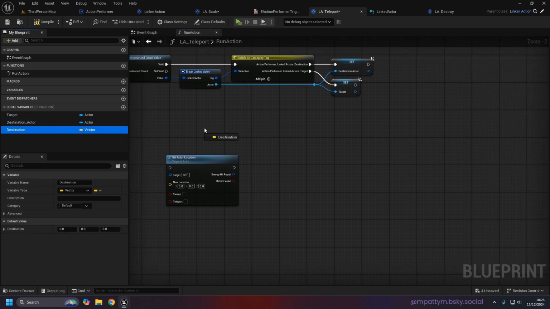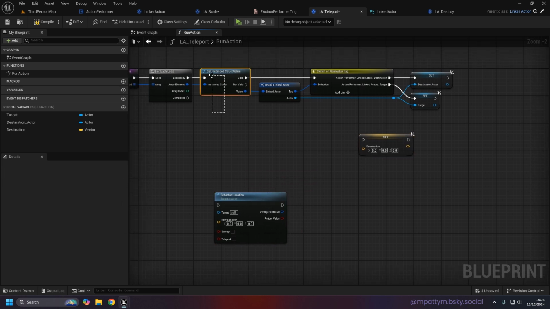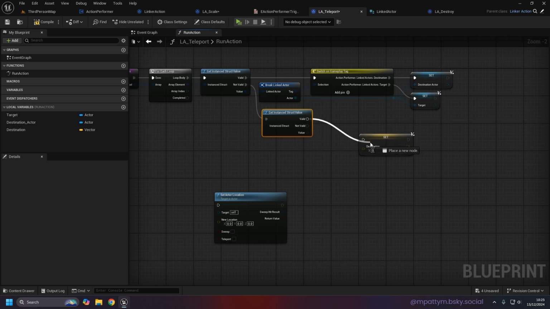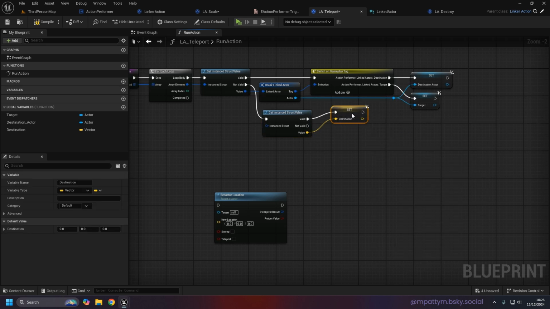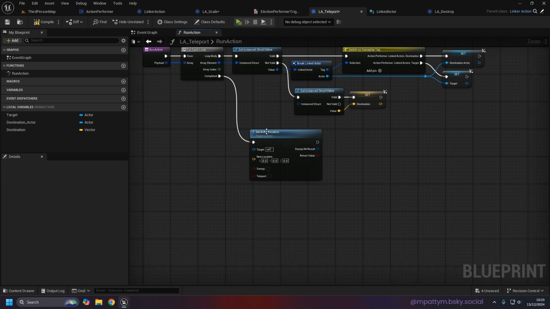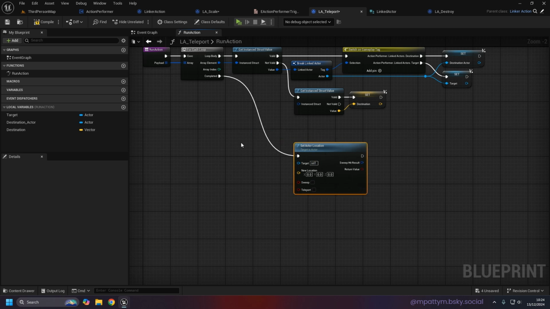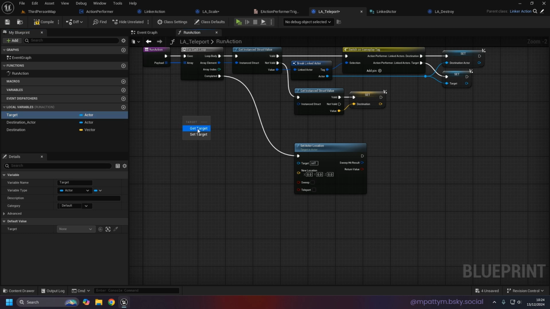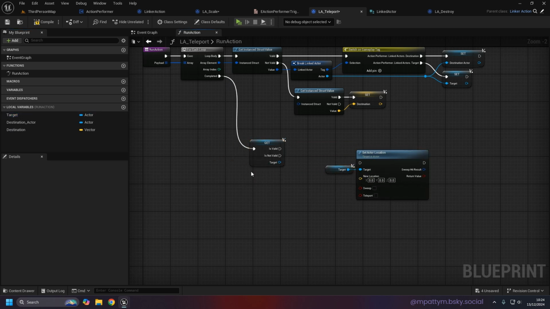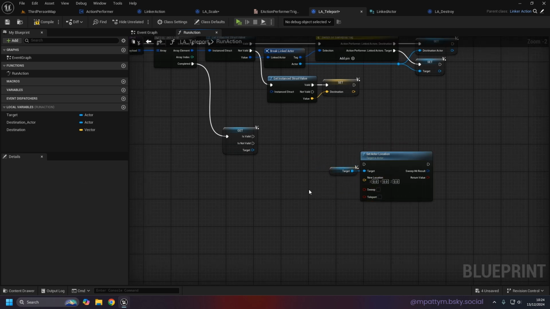So the first thing we do need to do is set the destination. So again, we can get the instance struct. So if that one's not valid, it'll then check the next one. Like so. On the completed, we do need to then set the actor. However, as I'm thinking about it, what we probably want to do is make sure that the target is valid first. So this is the target that we're going to be teleporting. And then the new location,